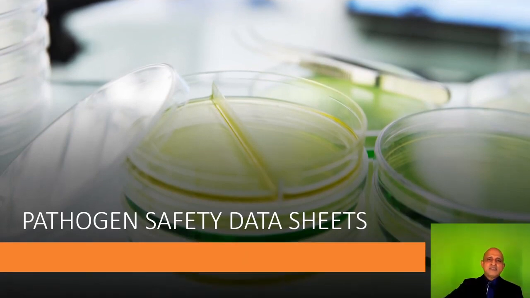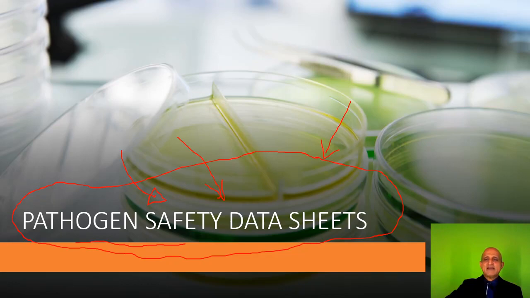We now move on to the pathogen safety data sheets, and we must appreciate the efforts of the Government of Canada in developing an excellent manual for laboratory users and biorisk managers. Now this pathogen safety data sheet, if you are a chemist, you will recall there is something known as a material safety data sheet, and that discusses the various chemicals and their combustibilities and safety elements. And this pathogen safety data sheet focuses specifically on biological agents. Let us look at the various sections and I will discuss them in detail.